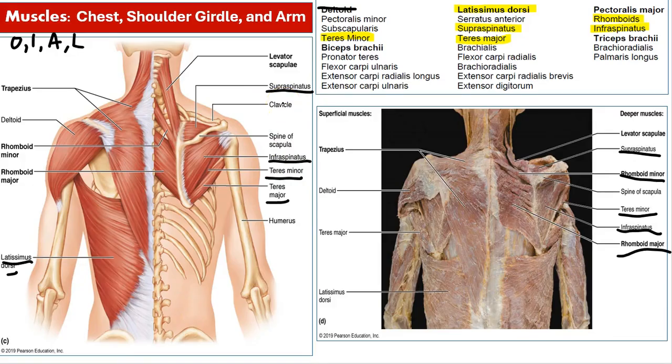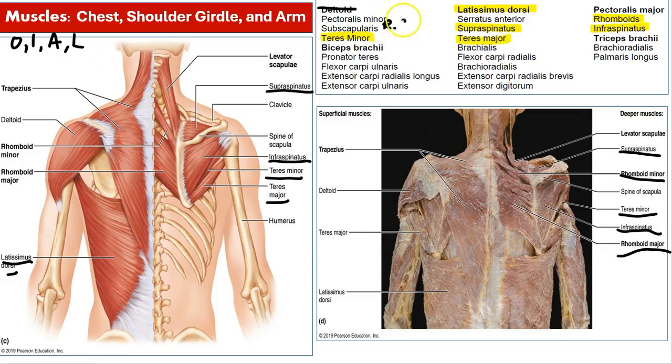Okay? Now, guess what's so cool about this? Remember we were talking about fixator muscles that are there to help stabilize movement, like when we were bending our elbows? Well, guess what? We also said there are some, rotator cuffs was our example. And we said it's a group of muscles. How do we get to see those group of muscles? So, for example, we're going to have our